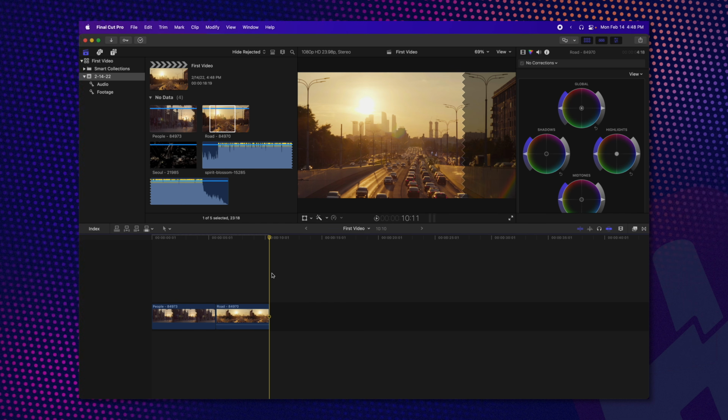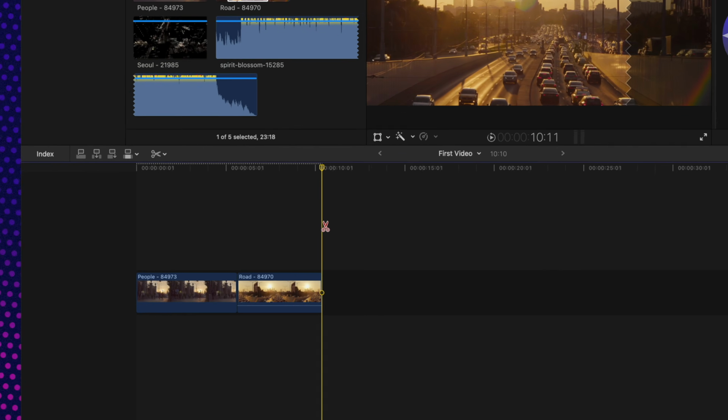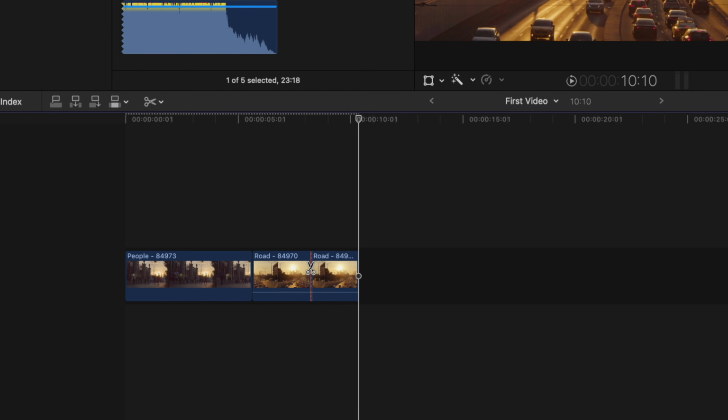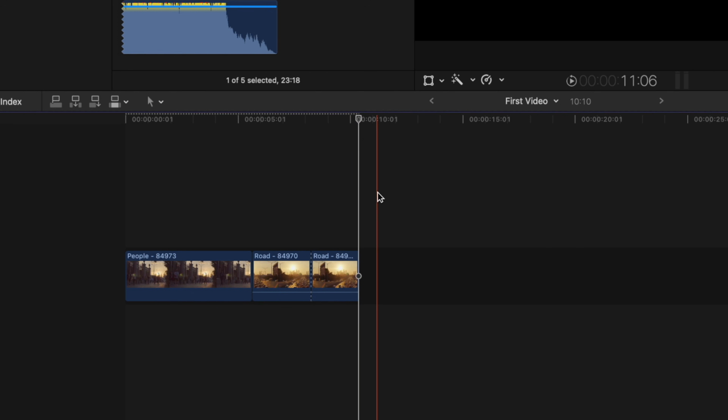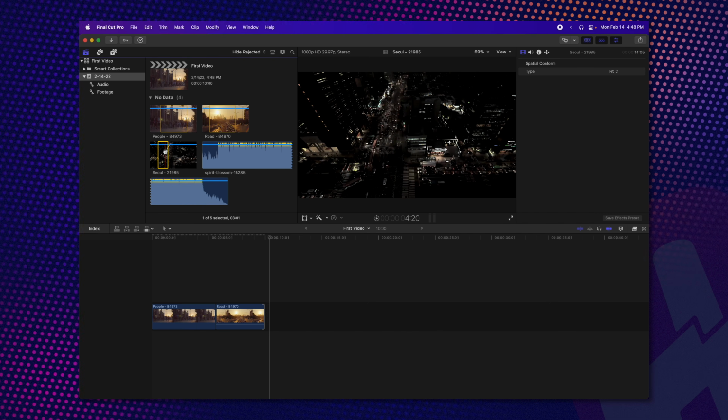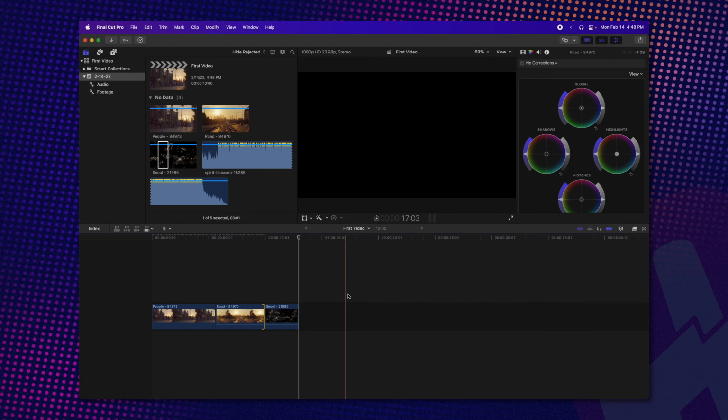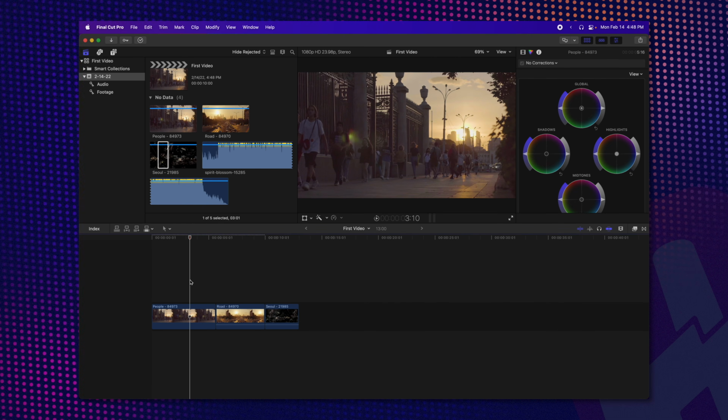A quick tip is if you hold down the B key when you go to click, when you release it, it's going to leave it as the arrow key so you don't have to keep switching back between B and A all the time, saving you just one extra click. So let's go ahead, we'll drop some more footage down here on the timeline, and now we have our basic